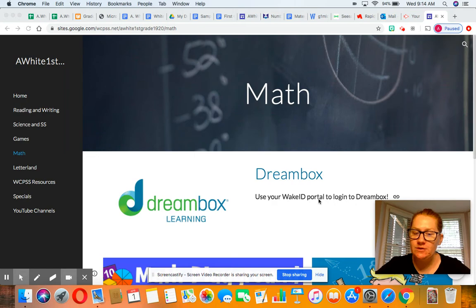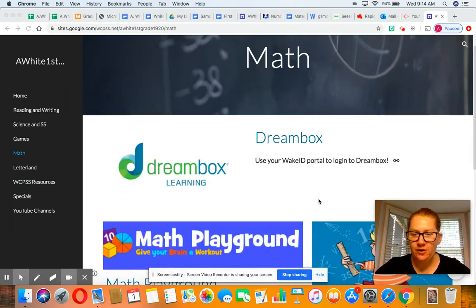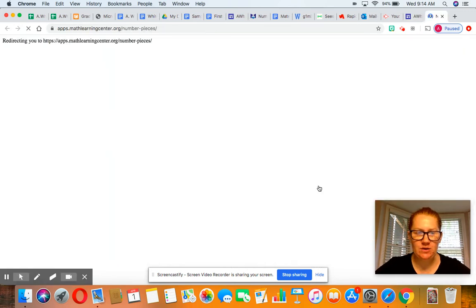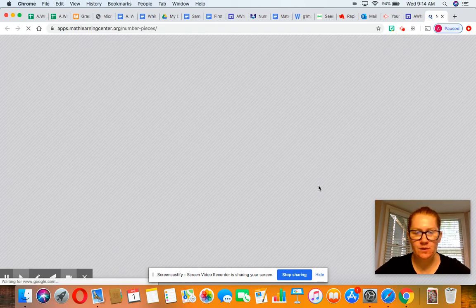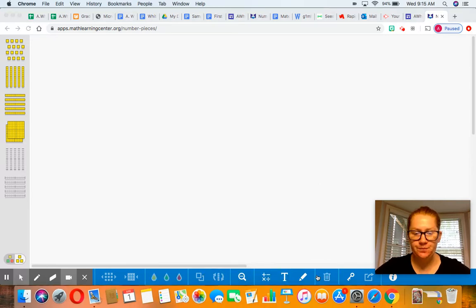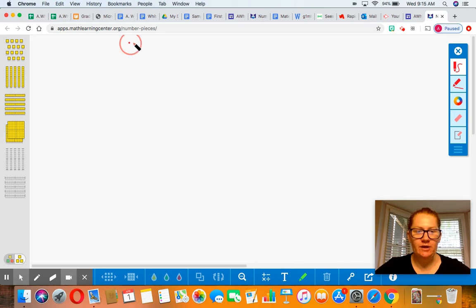So as you can see on the screen, I'd really like for everyone to use these virtual base 10 blocks. If you click the picture, it should take you there. Today you're going to be doing a Seesaw activity where you're subtracting decade numbers. So for example, let's say we're solving 70 minus